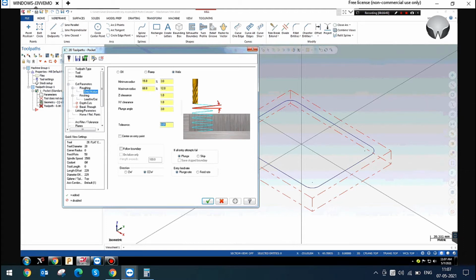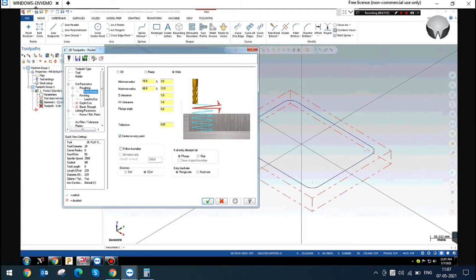This is the tolerance for creating a helix only. Okay. Plunge angle, you can see the zigzag angle, brother. This is a 3-degree angle. If you give 5 degrees, it will go to a taper level. Yeah. And the next one is tolerance.